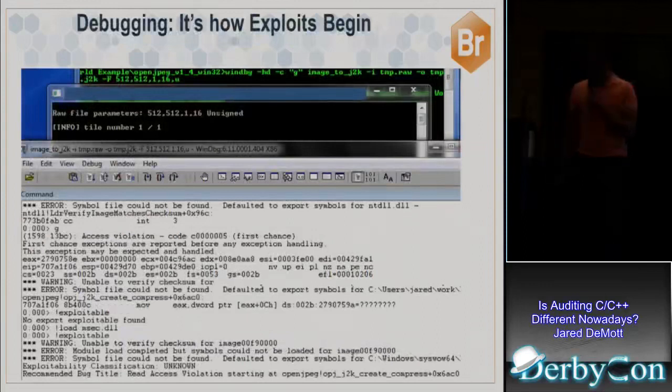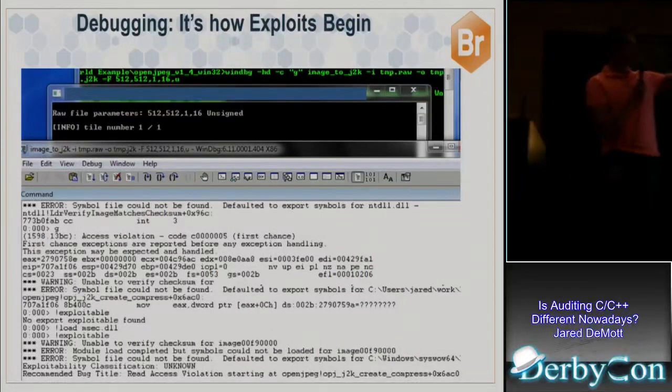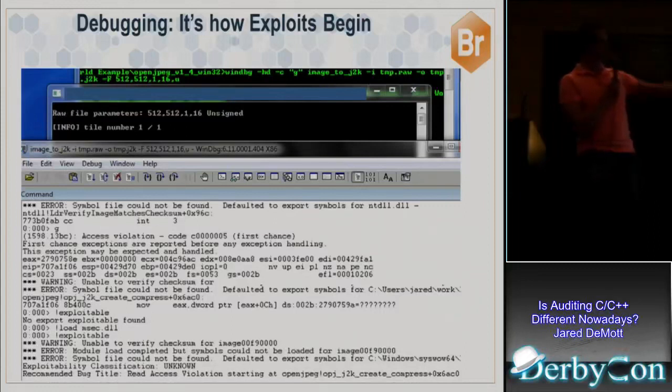Okay, and if you wanted to take it to the next step, which would be exploit development, exploits, as you know, are written in debuggers. So you've got to fire this program up. You do windbg -hd, which is don't use the debug heap, -c, which is run this command, g, which just means go, don't stop in the initial user breakpoint. And then the program that you're testing, and then whatever malicious inputs you have that cause your crash.